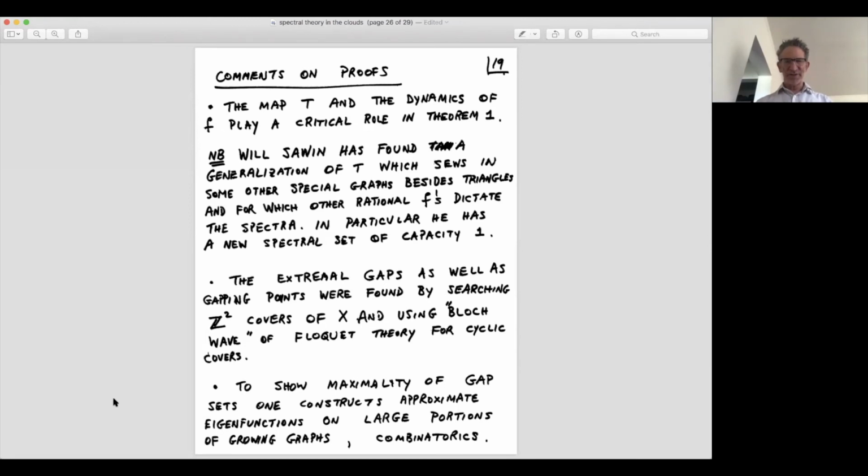I think I'm running out of time. I have some examples of abelian covers, but maybe this may be a good place to stop. And if there's anything you should take away from this, it's that three regular graphs are incredibly rich. Prescribing their spectrum is quite a rich and complicated problem, unlike the case of abelian varieties. And the capacity is a very important thing to measure the size of these sets because of Fekete's theorem. Thank you.